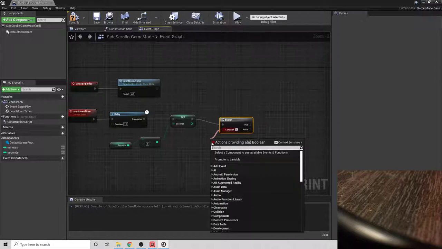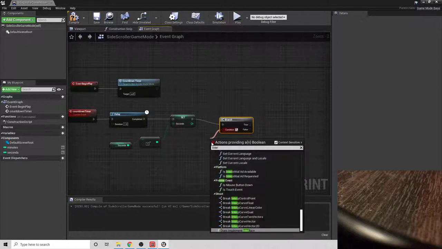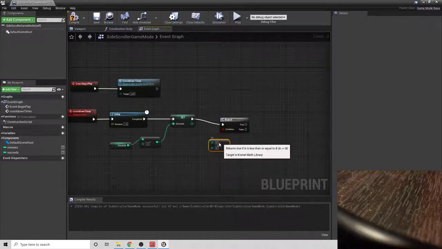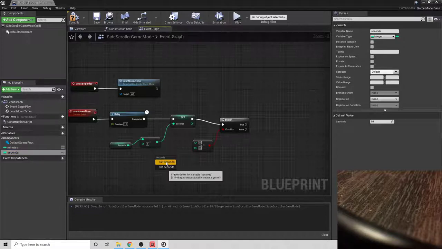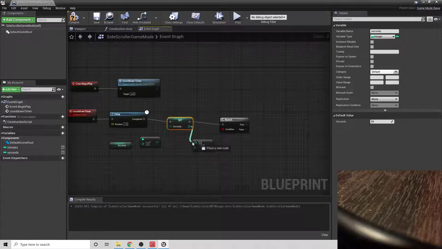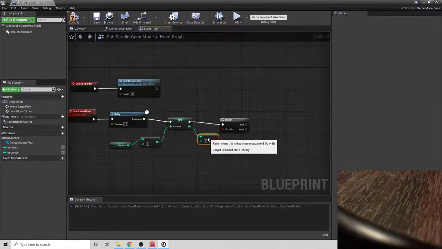The condition is if A is less than or equal to B, so we can set that at 0. Actually, let's not get seconds, we'll get it straight from here, since that way we're using the same information that we have here. So if this value here is less than 0,